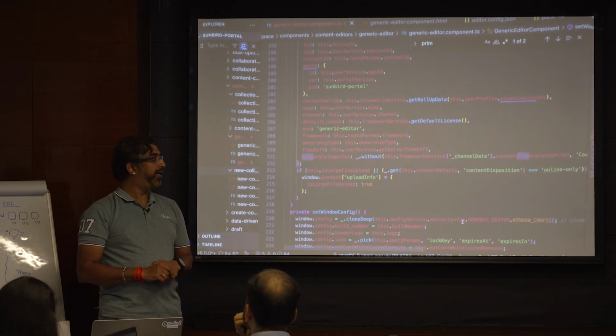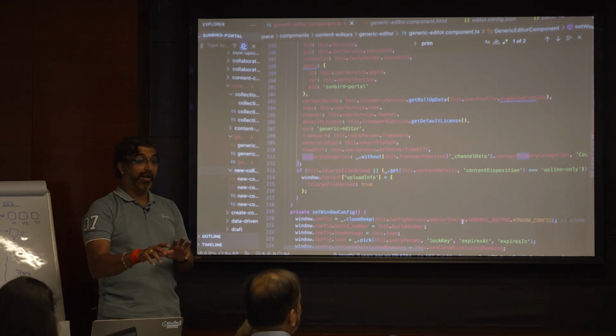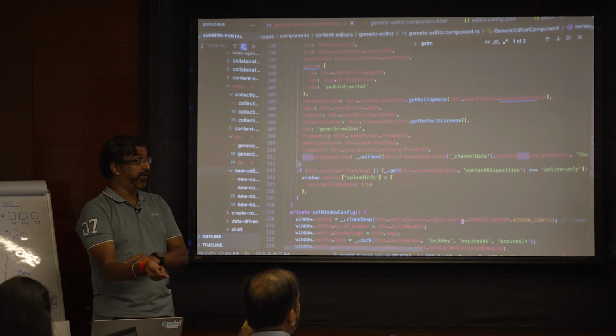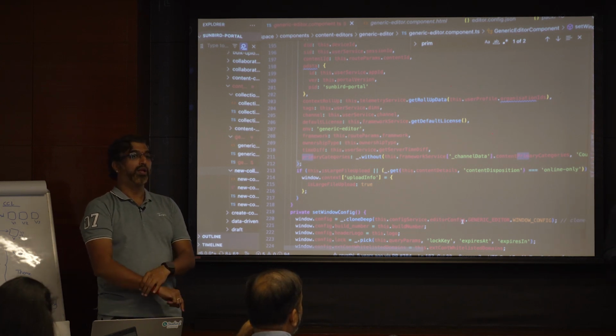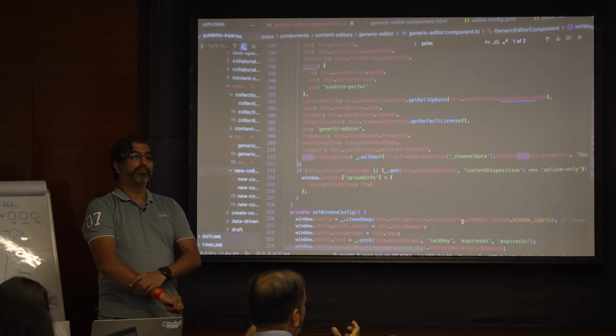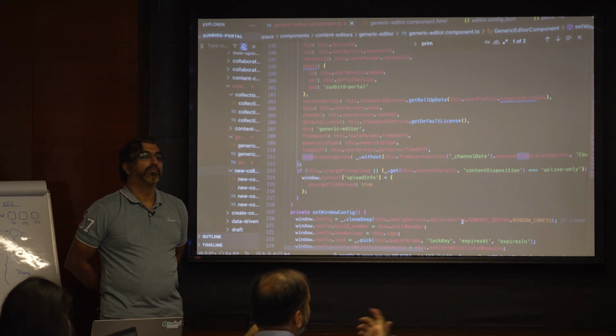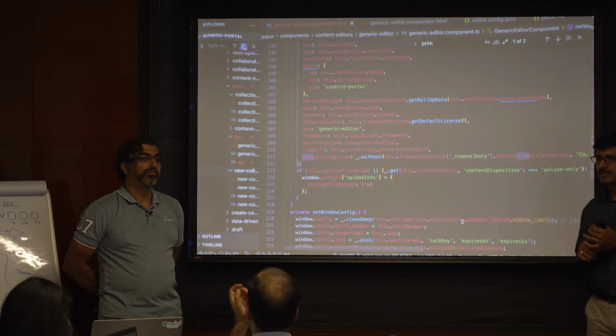The content whatever I am writing, I might write on an editor which has all these facilities, so all these criteria can be fulfilled from a compliance perspective.